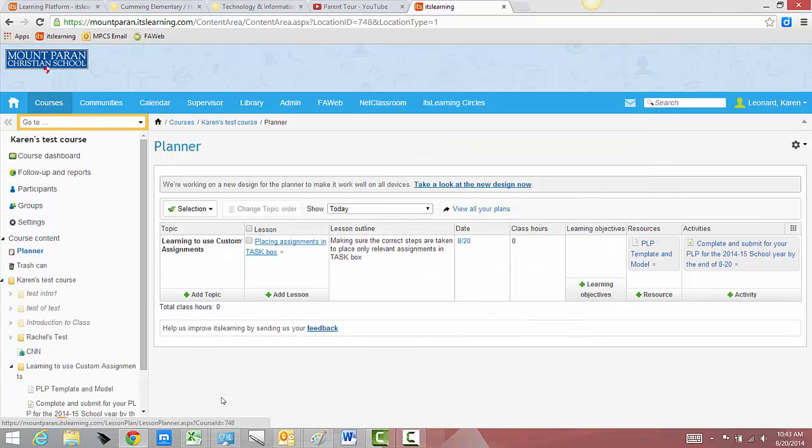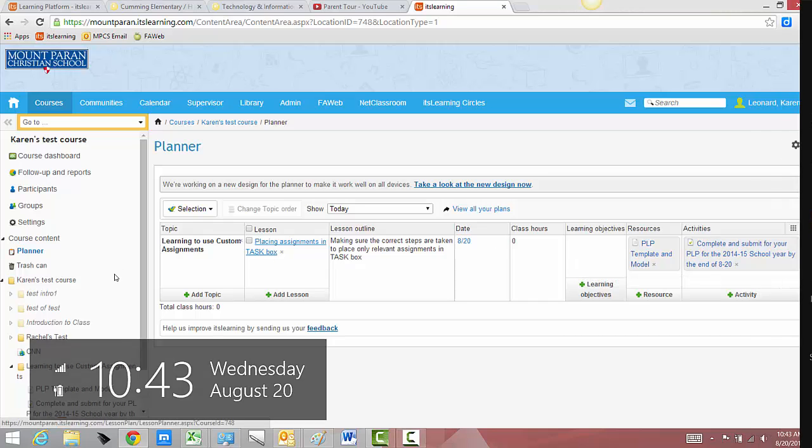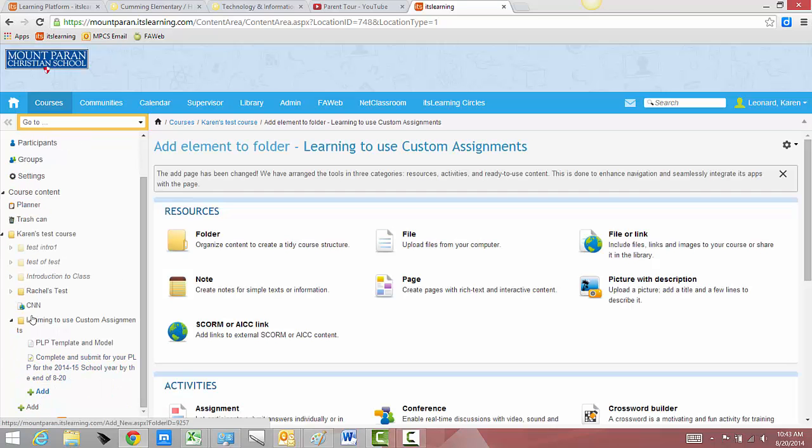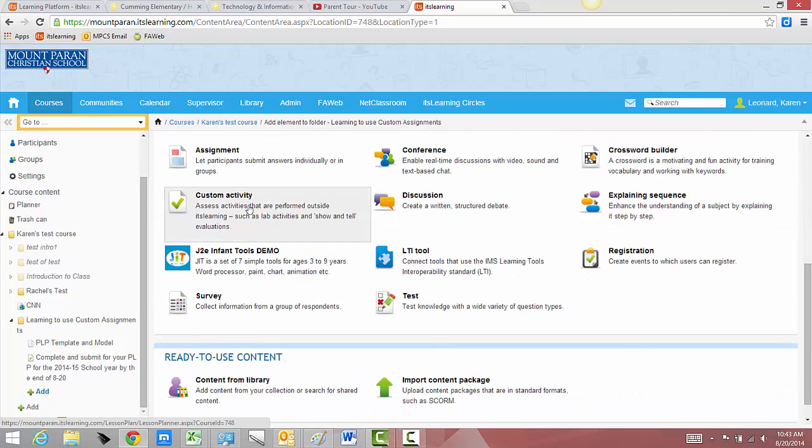That is what needs to happen for it to show up with an A-Day or a B-Day assignment due date in a student task box. It will also allow them to check that it's been completed. Since I only created that for an A-Day course, I would need to go back over here, add another custom assignment. It can look exactly the same as the first one, but this time, after it's created,